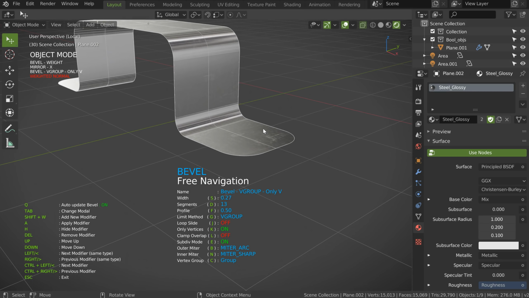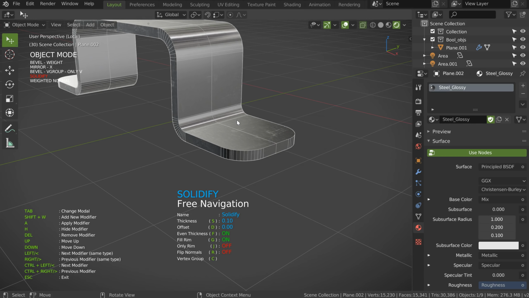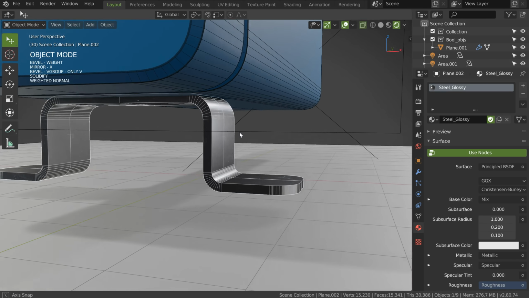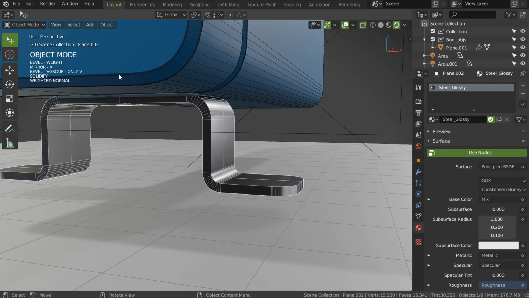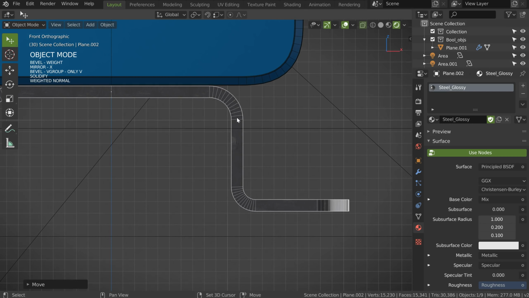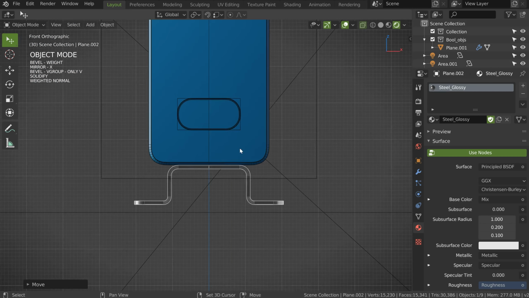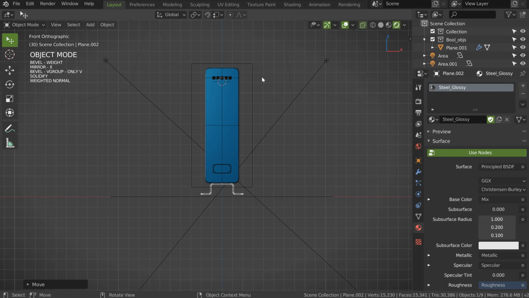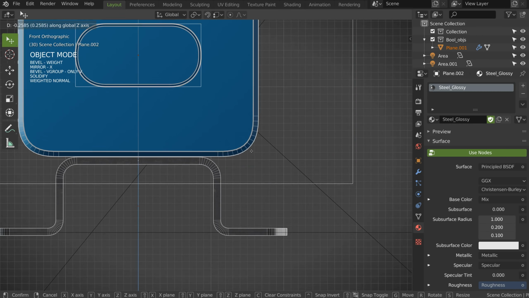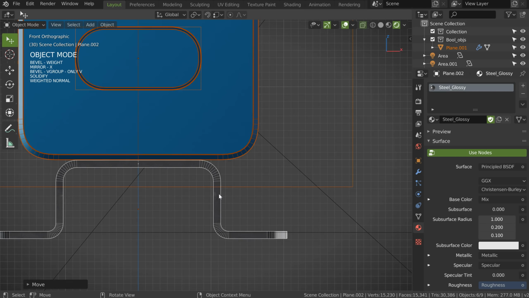And after, what I will do is to add a solidify on my object. Maybe I can, no, I need to exit this here like that. So what I will do is to go in front view and I will just move it a little like that. Maybe I need to move all of this again. I will press B, select all of this. I don't want this one to be too big, so I want it more like that, okay?